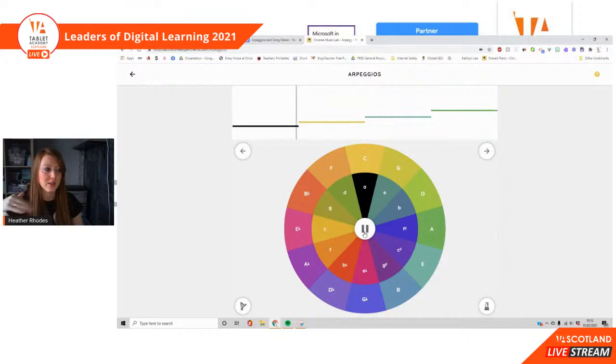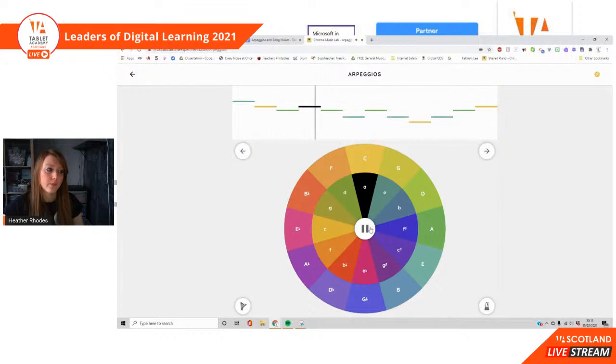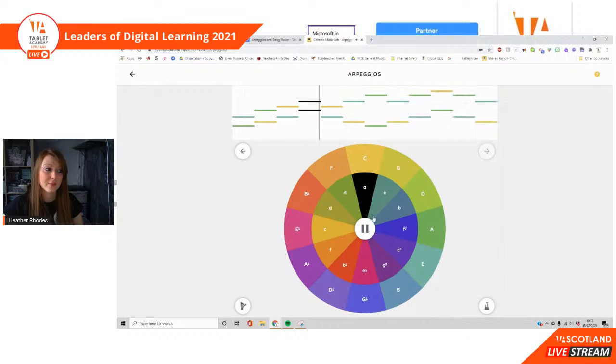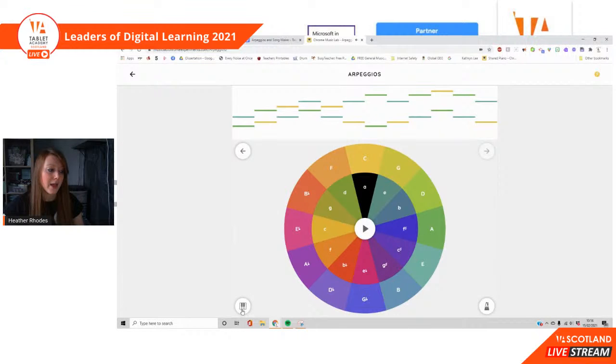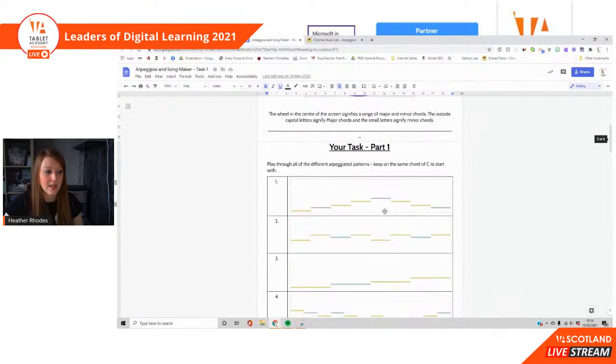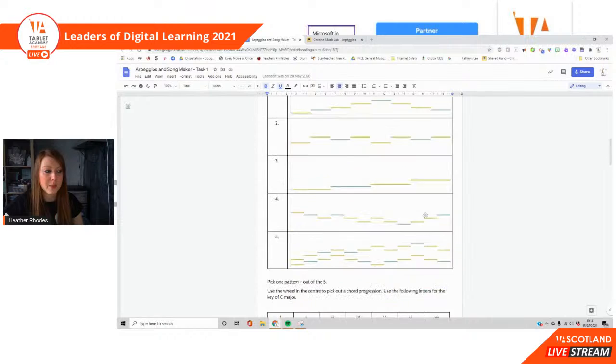And that's just a simple one, and then a bit fancier. It'd also be good to show the difference between melody and harmony. And you can change the tempo, change the speed for those, and you can change from a harp to a piano. And again, there's an arpeggios and songmaker task in there to talk about the arpeggiated patterns, the 5 patterns that are there,